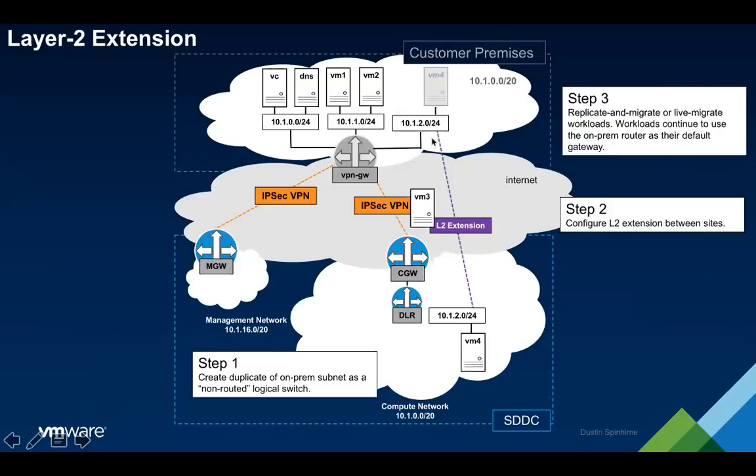And so here we're going to see that taking place. So we've replicated VM4, shut it down on the on-prem side, and then we've live migrated VM3. And so we see here now these are in the SDDC. However, they are not plugged into the routing infrastructure of the SDDC. So all of their routing is done on the on-prem default gateway. So anytime VM2 or 3 needs to talk outside of their own subnet, that traffic is going to go back